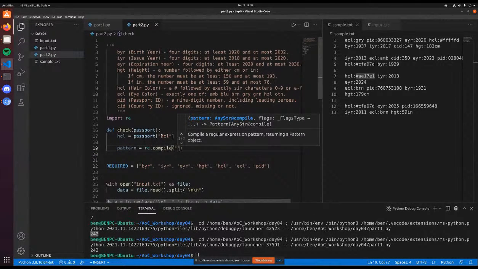If we want to match a string that starts with a hashtag, the caret symbol means starts with. Hashtag is just a hashtag, plain text. And then it is followed by characters in the range A through F, or 0 through 9. We want up to 6 of them. And then